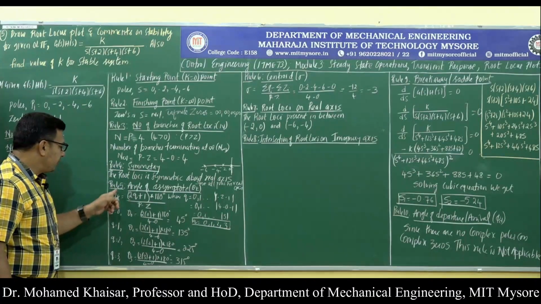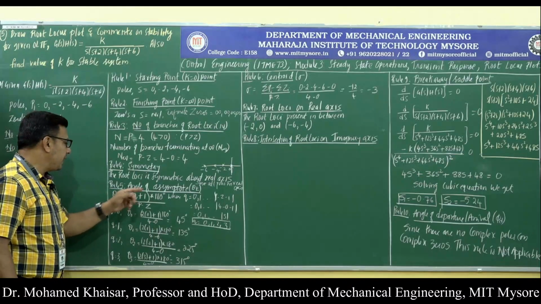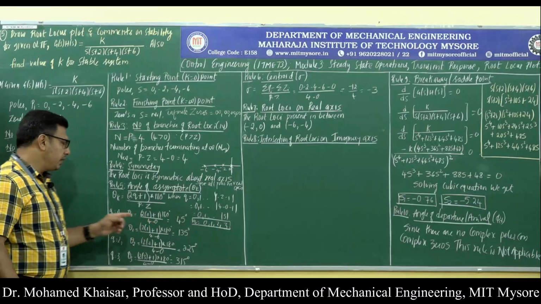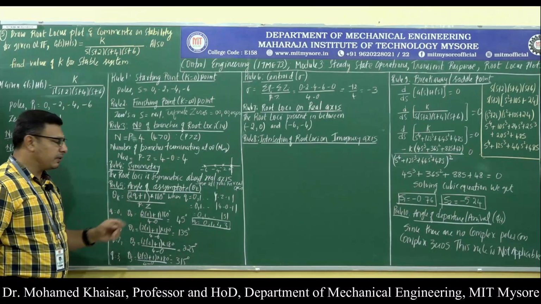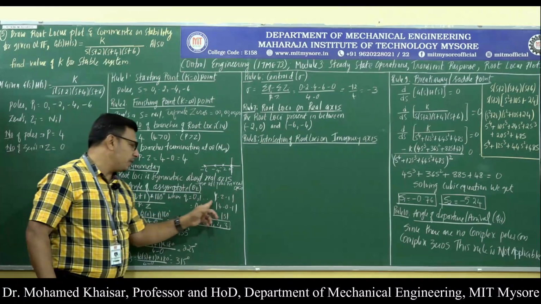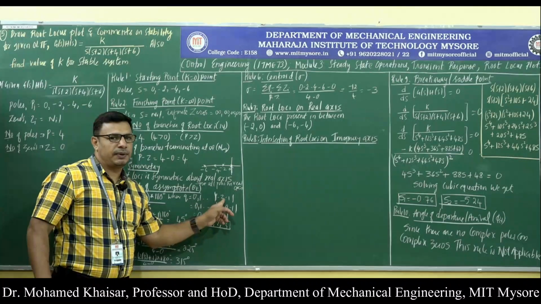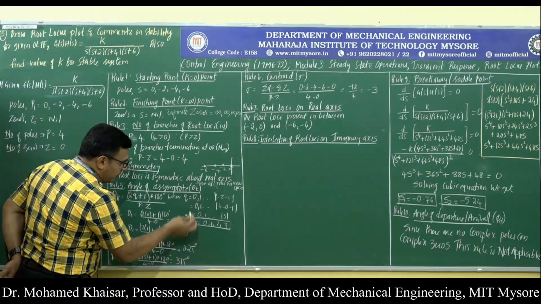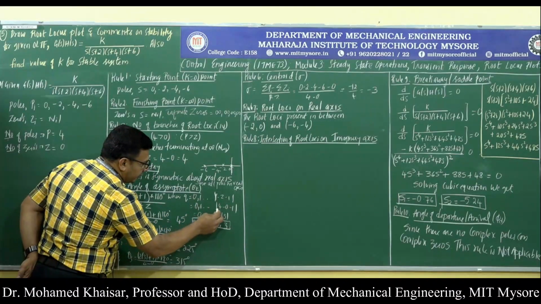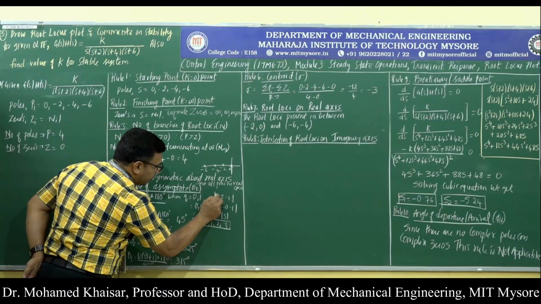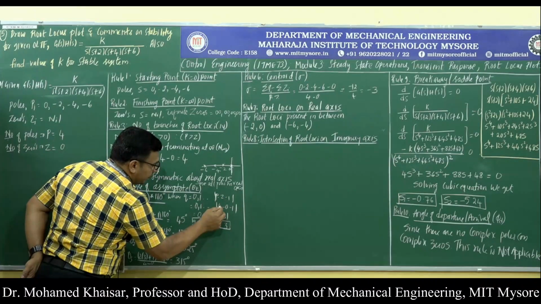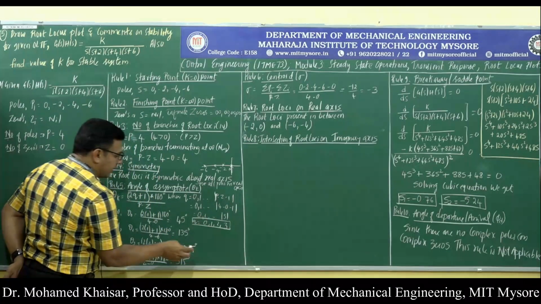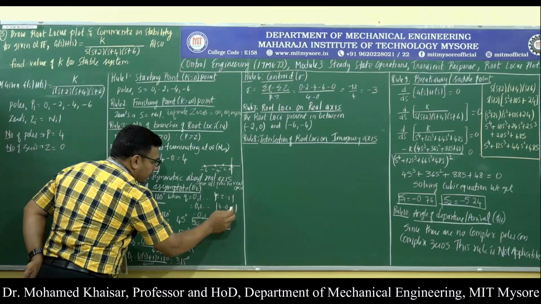Then the next rule is about the angle of asymptotes, theta k. Theta k is given by (2q plus 1) into 180 degrees divided by the number of poles minus the number of zeros, where q is equal to 0, 1, 2 up to the modulus of P minus Z minus 1. And what is q? 0, 1, 2 etc. up to: P is the number of poles, that is 4, Z is the number of zeros, that is 0, minus 1 as it is under the modulus. We will come to know that 4 minus 0 minus 1 is 3.